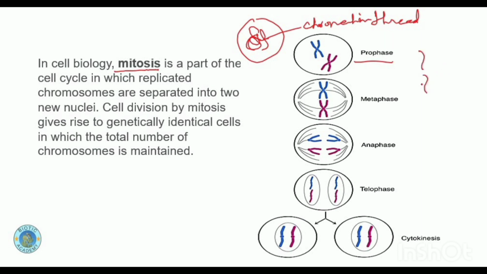Initially these chromosomes were like this, and when they enter into the phase of mitosis, they make a copy of themselves like this, and they join their copy with each other. Now here you can see that these are the two chromatids. After making a copy of each other of the same kind, they are now holding their copies with the help of a protein, the centromere, and they appear like this. So here there are two chromosomes, not four, but here there are four chromatids. Chromatid means the copy of the parent chromosome.